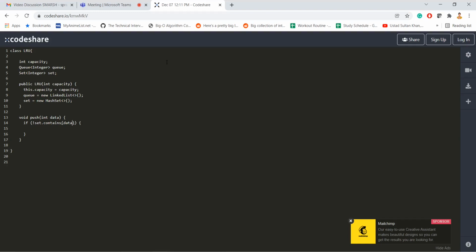The set should not contain this. If the set is not containing this, that means it is coming for the first time. If it is not coming for the first time, that means it is going to be frequently used. So I have to remove it from the list, from that index itself, and then